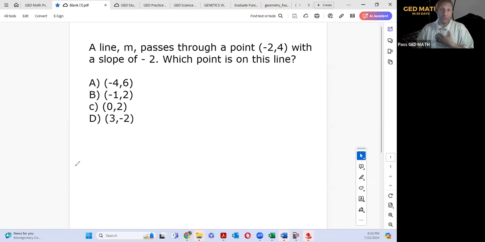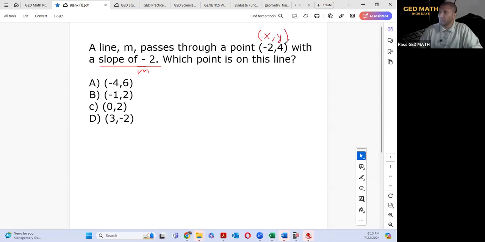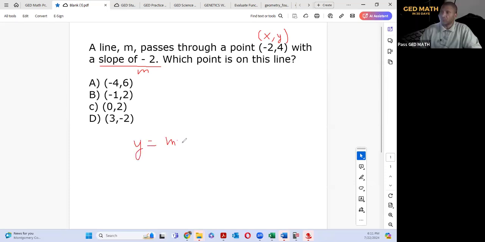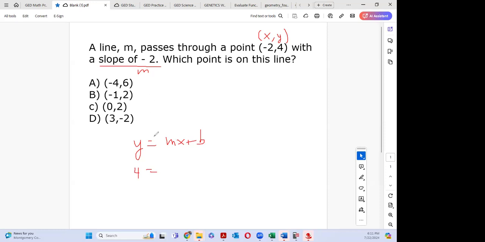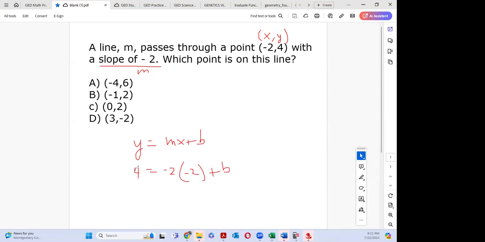This is the way I usually explain it. First of all, identify your givens. Your slope is m. Your point has two values, an x and a y. Then we're going to use the slope intercept form and plug everything in. Instead of y, we use 4. Instead of m, we use -2, multiplied by x, which is -2, plus b. So we get 4